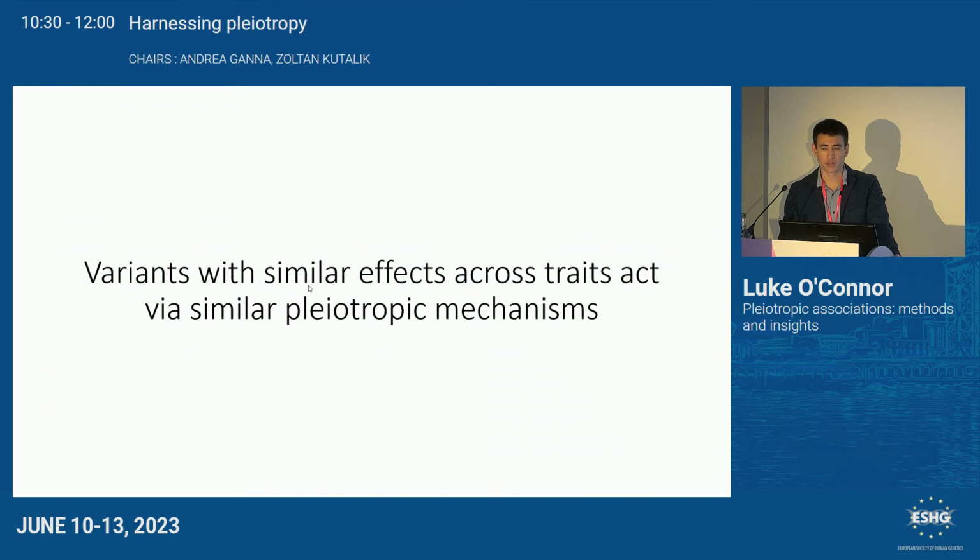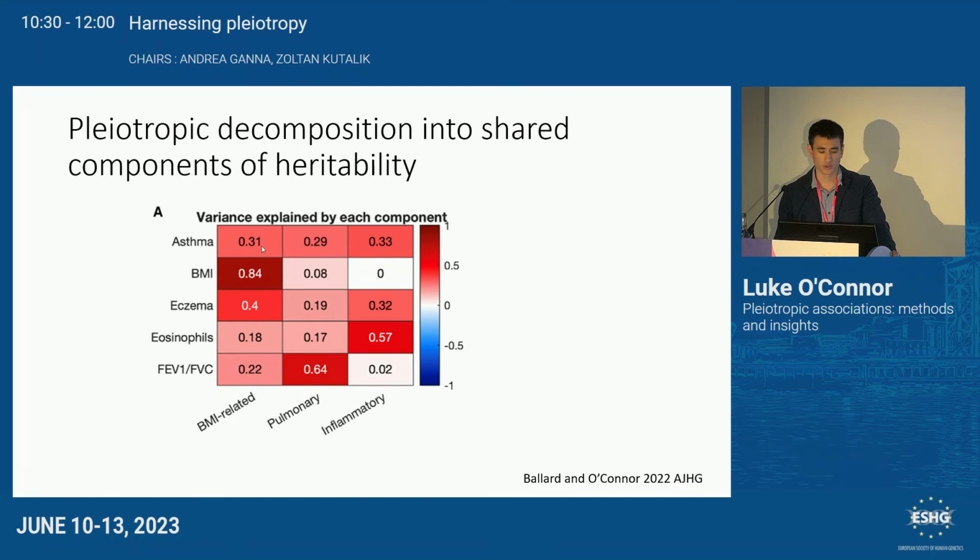And I'll just share one piece of intuition for how we might understand some of these pleiotropic relationships, which is that variants with similar effects across multiple traits, so pleiotropic variants that maybe increase this trait and decrease that trait, may act via similar pleiotropic mechanisms. So if we want to understand what those mechanisms are, maybe a starting point will be to identify subsets of genetic associations that look like they have similar effects across multiple traits. And there are a number of methods that use this same intuition, including one that we developed called